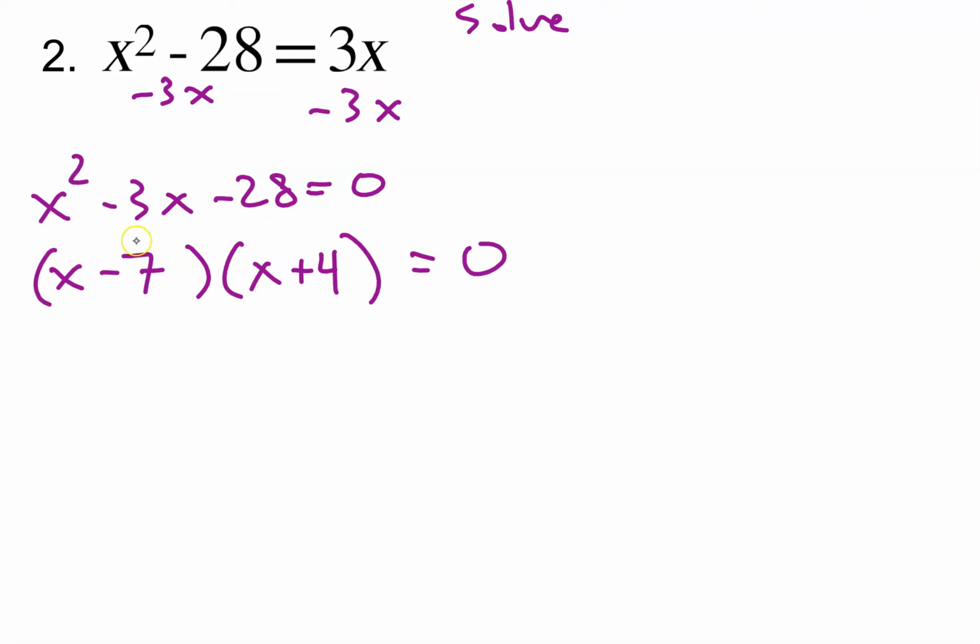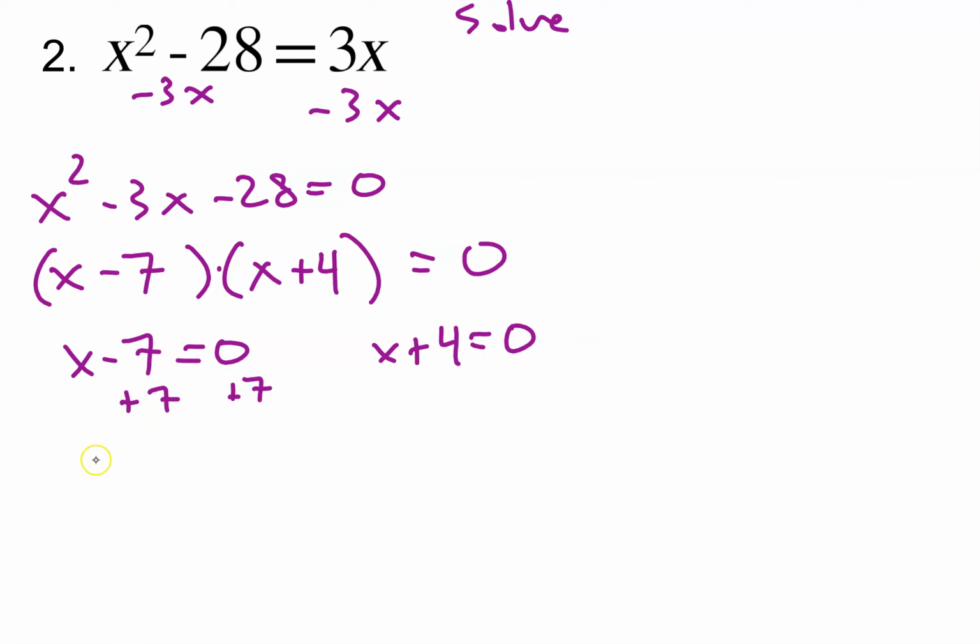This goes right in hand with what we've been doing with multiplication. Again, we could test this by multiplying and distributing it out, but I don't think I need to do that right now. The point is, now this is a multiplication problem, so the zero product property tells us that either x minus 7 equals 0 or x plus 4 equals 0 or both,